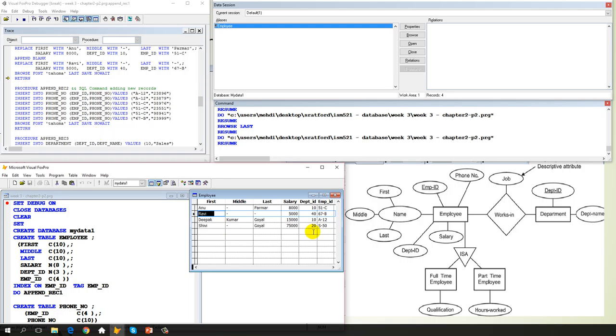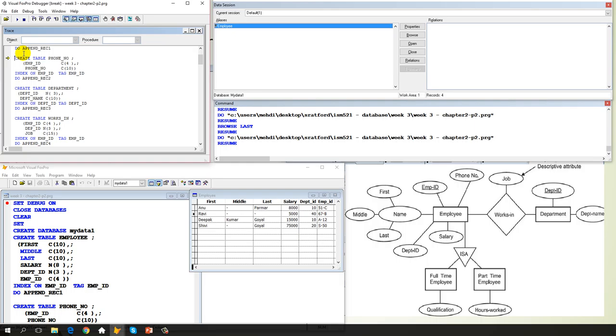The browse command activates the window here, and with the return, control will go back after the calling command. So control comes here to create another table, phone number. There is a mistake in this diagram. Actually, the phone number is a multi-value field, so I wanted to create a table instead of a field,